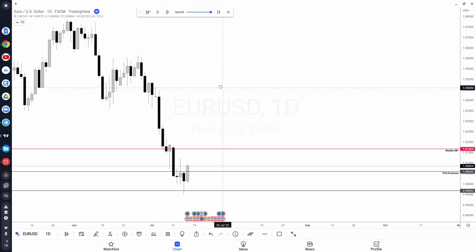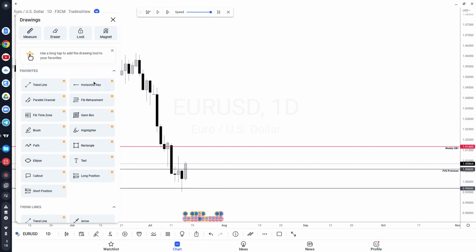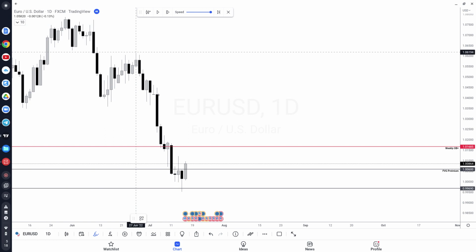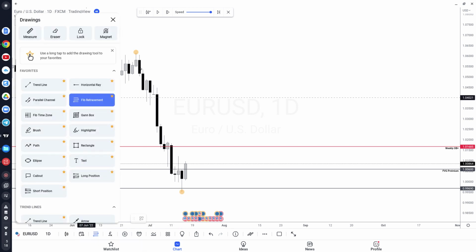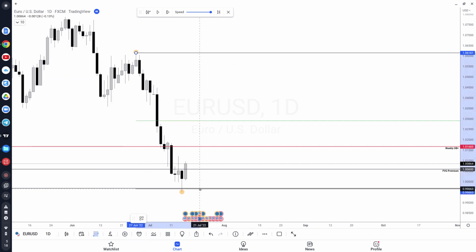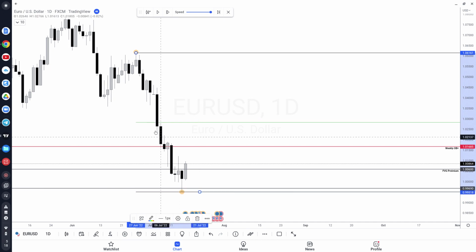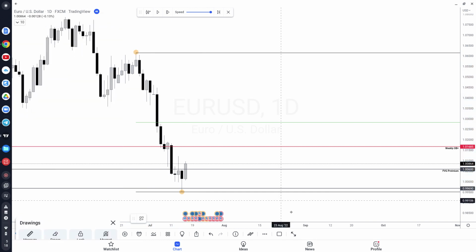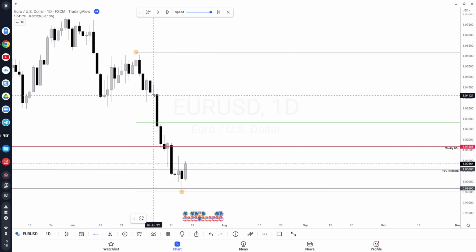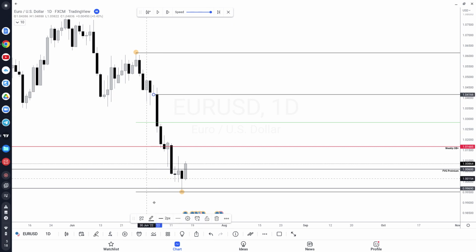Because if we measure the current dealing range, which in this case, from a higher time frame perspective, whether it's weekly or daily, this here, from this high down to this low, is our dealing range, right? And now that we have that dealing range, what we want to do is measure it, figure out where our premium and discount levels are, which in this case, this is our premium level. And then within that range, we want to say, where is the most probable draw on liquidity as it relates to this current dealing range, right? And in this case, it has to be this fair value gap,